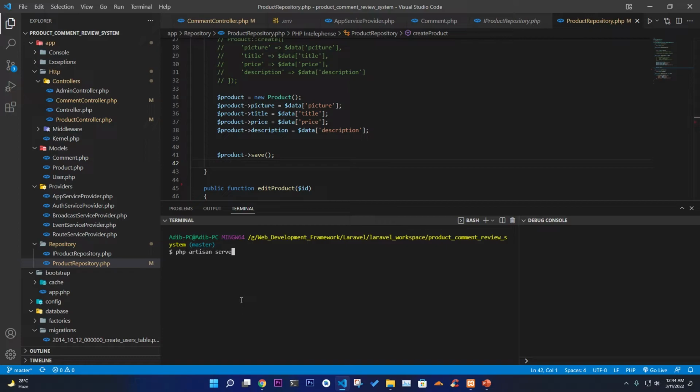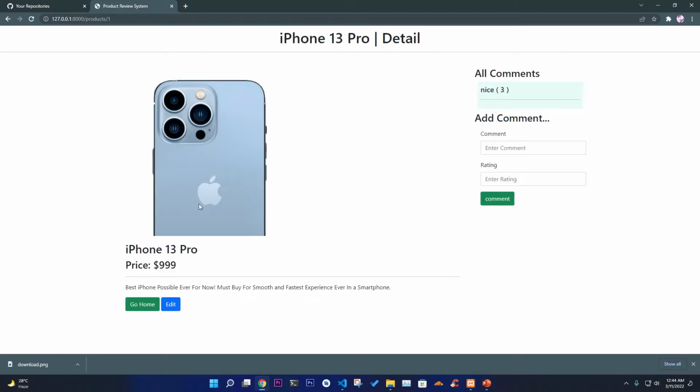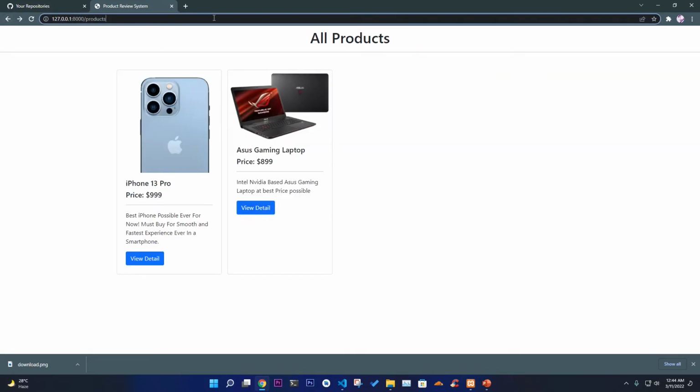php artisan serve. If you go to products, you'll see all the products. If you go to the detail page, you see all the detail with the image and the comment section. As you can see, very simple and very easy. If you comment something with a rating, and the rating is a number, you just comment, and as you can see, the comment is added. Now we have two comments there, and we can also see this for any other product as well. So if we go to the admin panel,